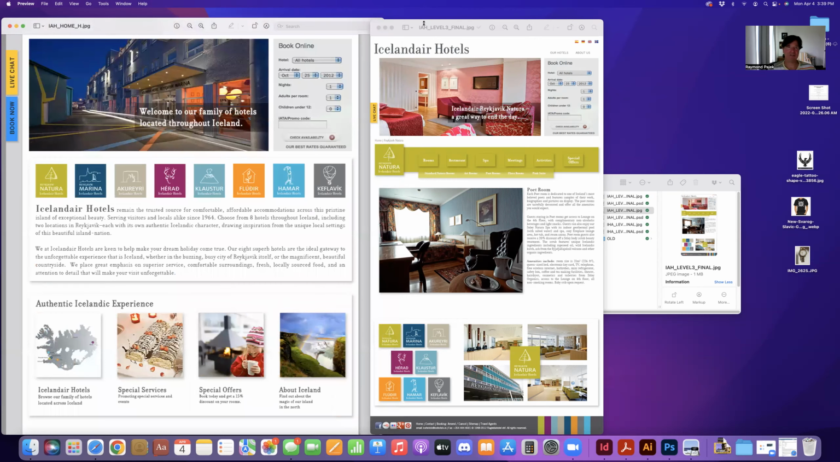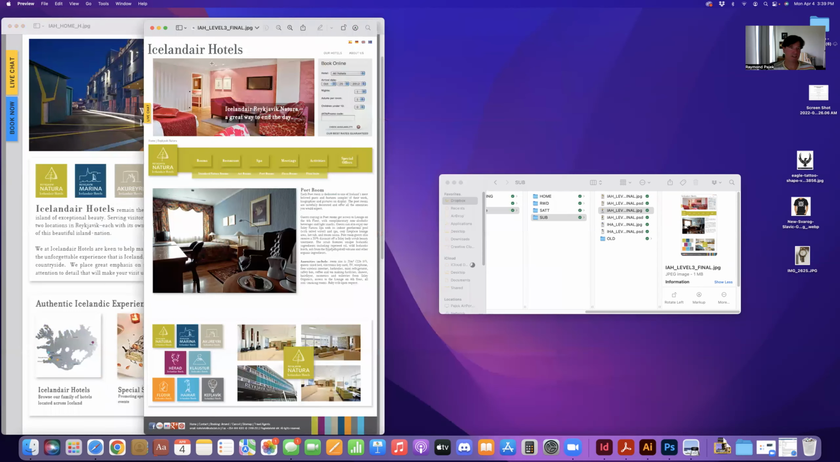A subpage might be something that looks like this, which is if you were to click through to one of these hotels, you would get a subpage that includes a description of what the rooms look like. So that's kind of the